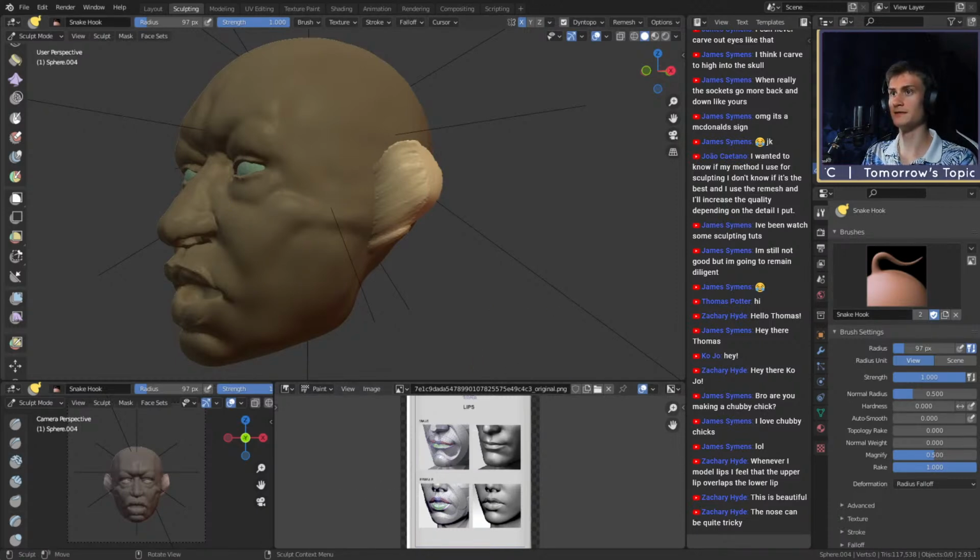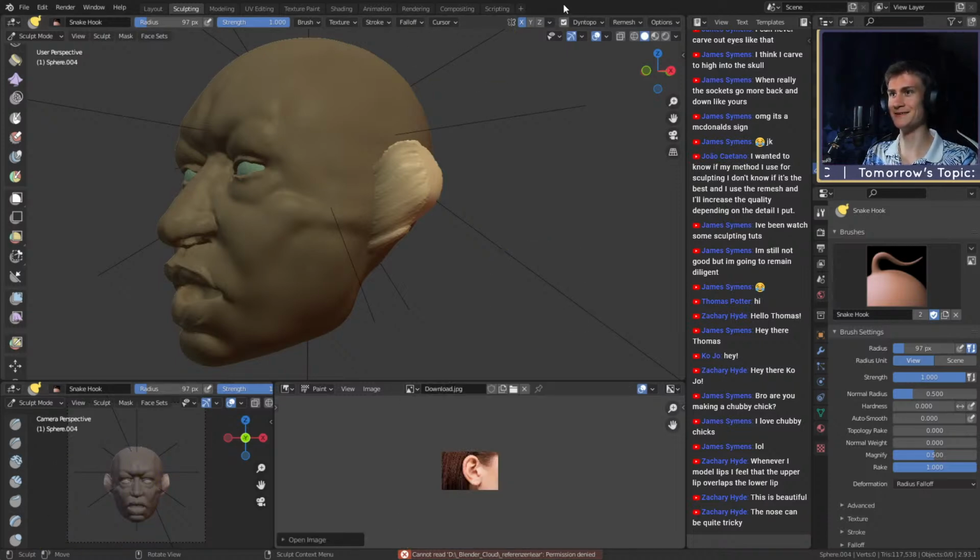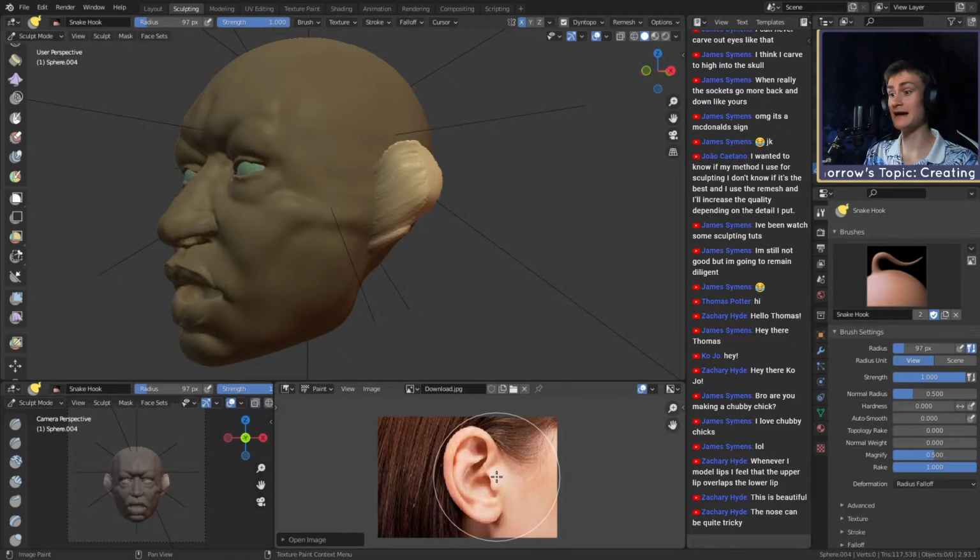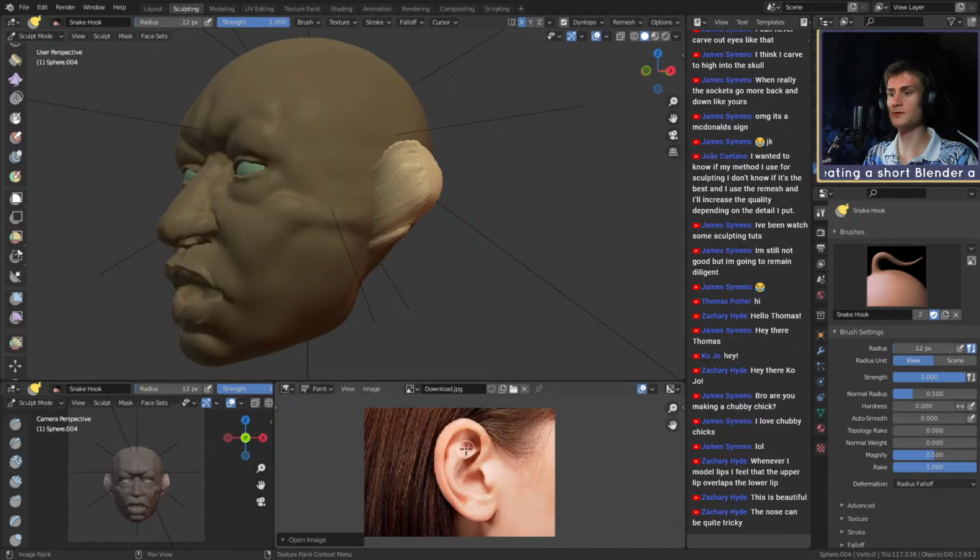Let me just grab an ear image. There you go. Okay. So the ear is actually pretty simple. It looks quite complex if you look at it. There you go. So yeah, the ear structure can be quite weird, but it can be basically broken down into two